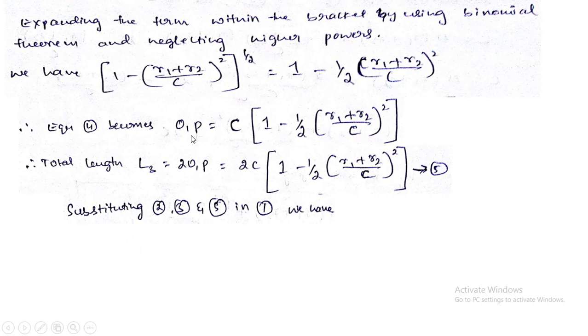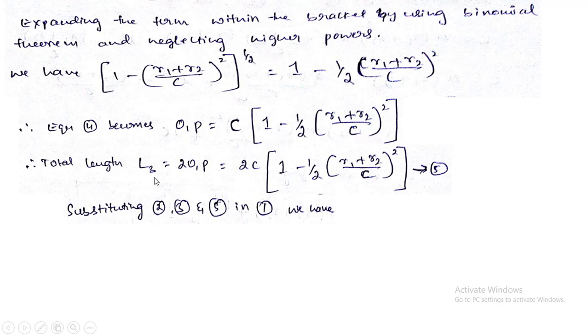of O1P, because O1P here was drawn to one side, and again it has to be added twice, because it is the length of the belt which is not in contact with either of the pulleys, so we will get 2 terms there. So it is 2 times of O1P. Therefore it is equal to 2C into, we will write the same term as it is, and we will call this equation number 5. So this is equation number 5.